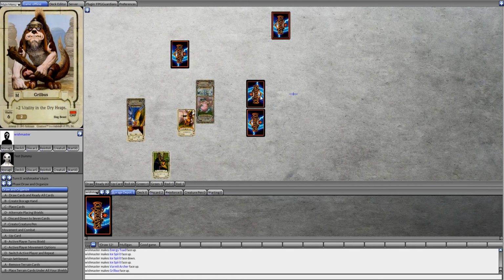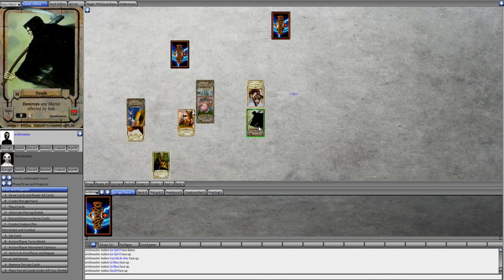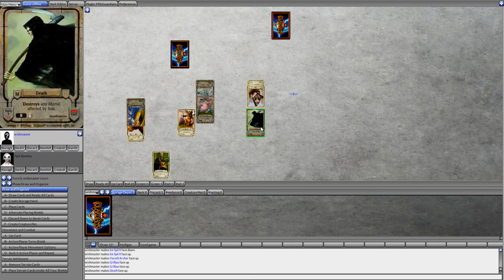The next round, Marge plays a Gribus, with a vitality 6, off-color bonus of 2. Homer just plays Death. So, Death says destroys any mortal affected by fear. Every creature is affected by everything unless it specifically states that it's immune to it. This white border around Gribus means that it is indeed a mortal. So while Gribus has an off-color bonus of 2 versus elementals, it doesn't matter because Death will destroy any mortal